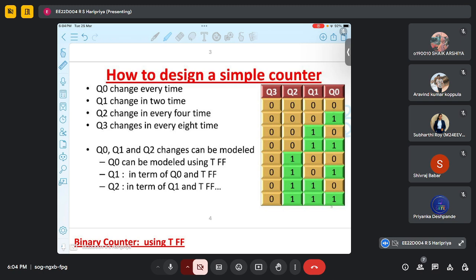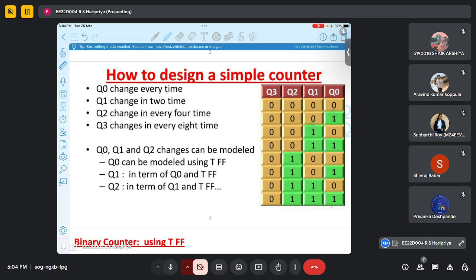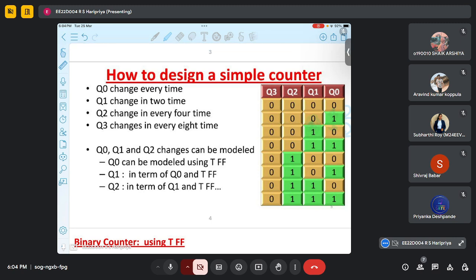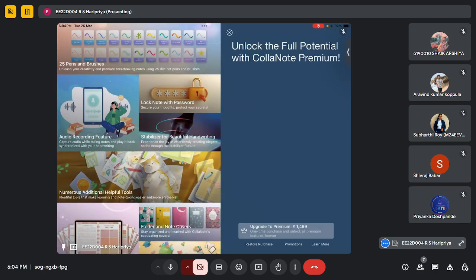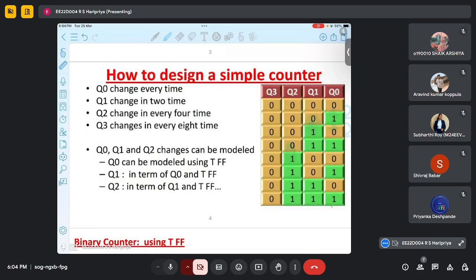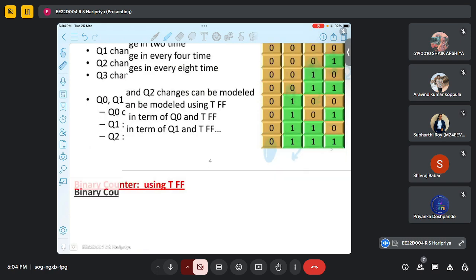There is a transition every clock cycle if we assume that the circuit has the clock, and we are building this counter using flip-flops. Here we observe that whenever this transitions from 1 to 0, there is a transition in this Q2 bit, only when this transitions from 1 to 0. And similarly, here there will be a transition when there is a transition in this bit from 1 to 0. So that means